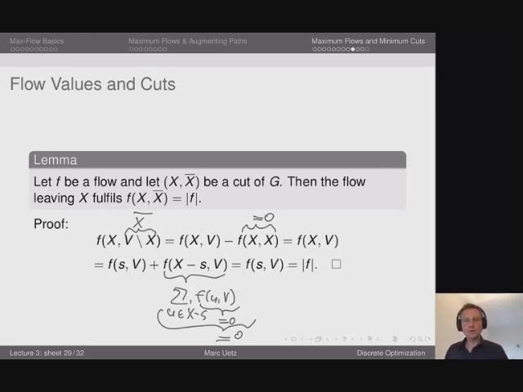So the flow across the cut in any network is always equal to the value of the flow, and that follows by flow conservation. And the next lemma